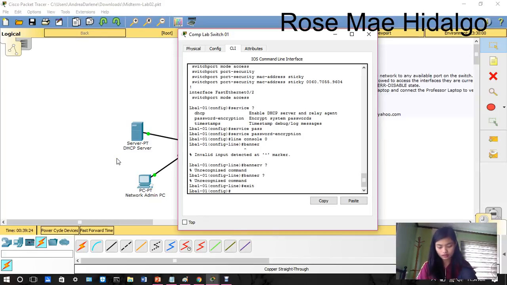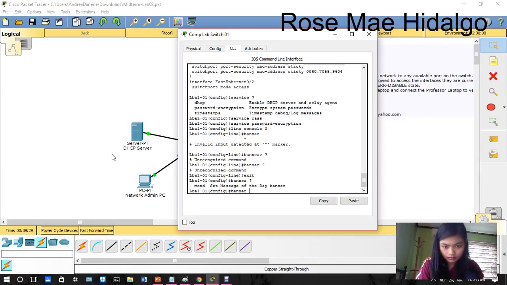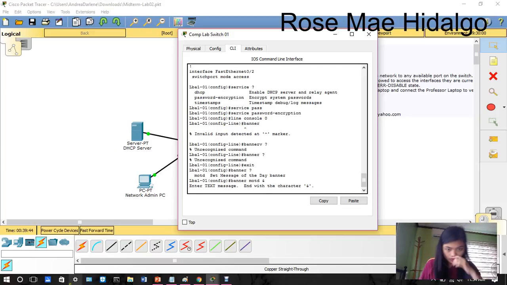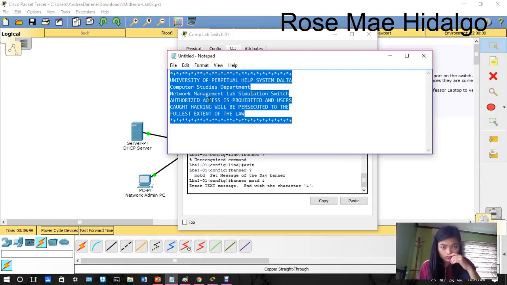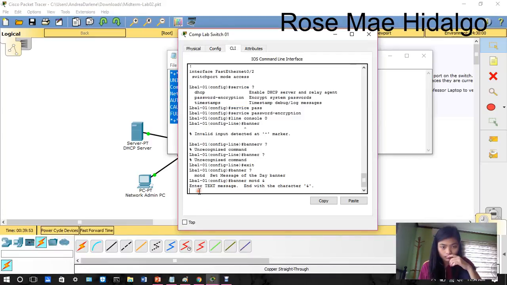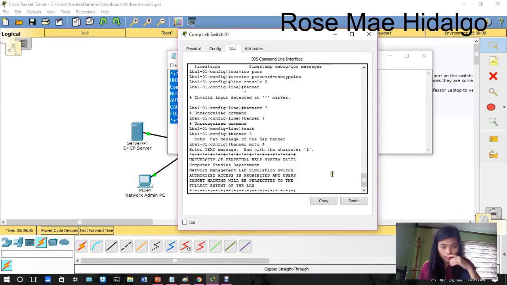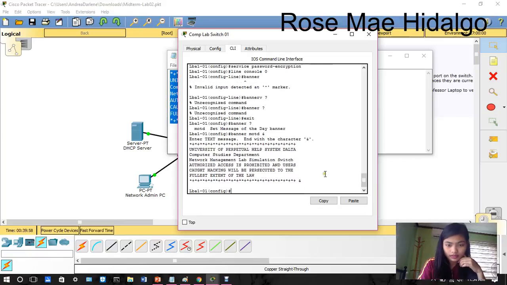So that's it. Then try banner. Okay, then banner MOTD. Then we need to enter the text. So university, copy, then space. So that's it.